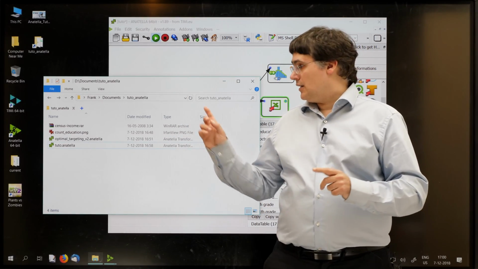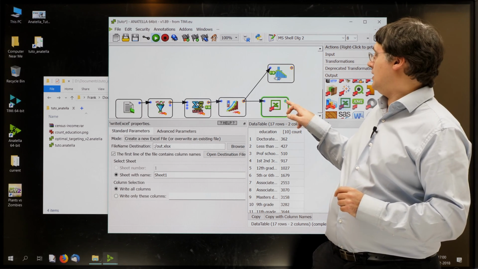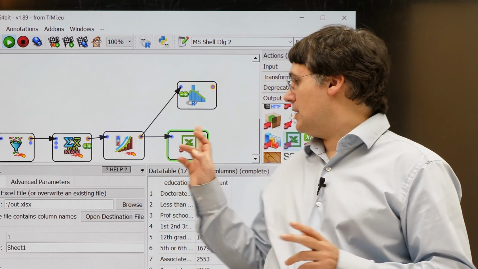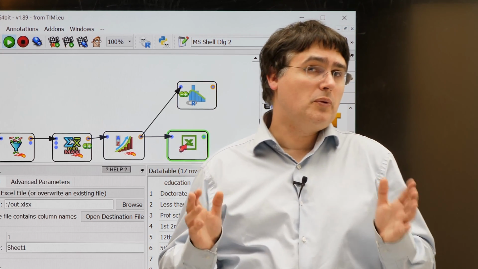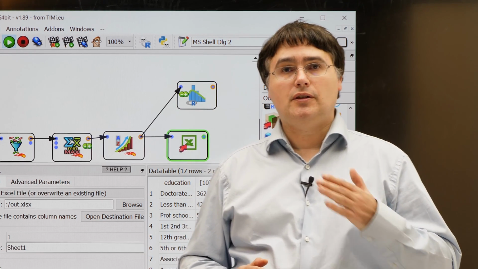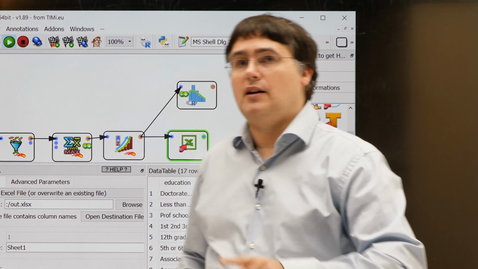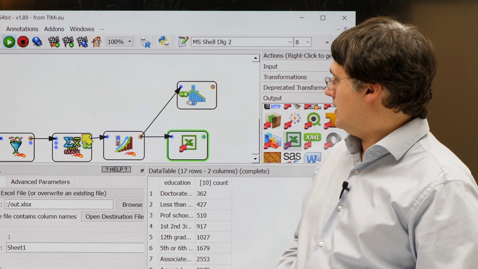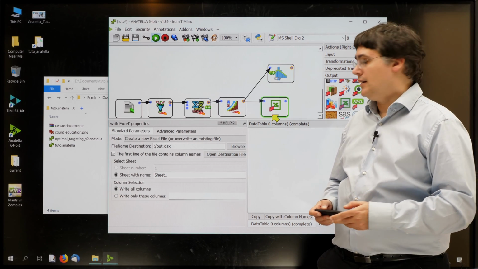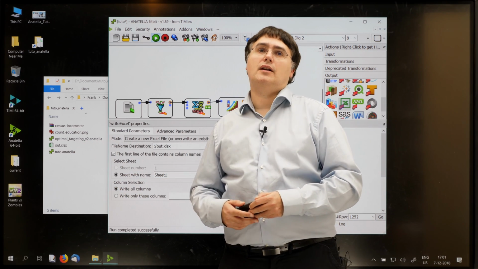So the trick to recreate the Excel file is to notice that there is a cache here, at that point, the little circle. So if I'm clicking here, Anatella won't compute anything. It will not recreate our Excel file. It will just display the pre-computed cache. To recreate the Excel file, I need first to delete the cache, right click, delete the cache, and then I run again. And the Excel file is there again.